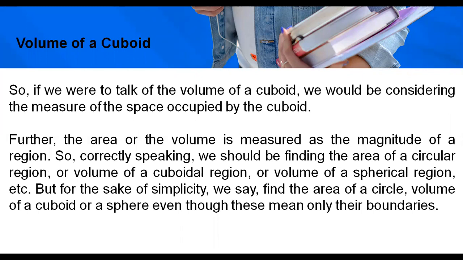Thus, the measure of space an object occupies is called the volume. The capacity of the object is the volume of the substance its interior can accommodate. The units of measuring the volume is cubic units, that is centimeter cube or meter cube, etc. The volume can also be measured in liters or milliliters. In such cases, the volume is known as the capacity.